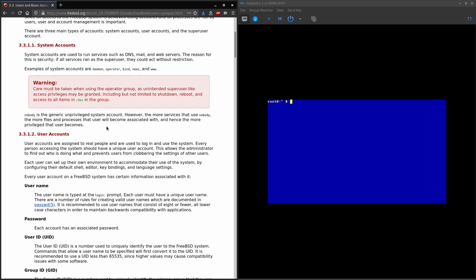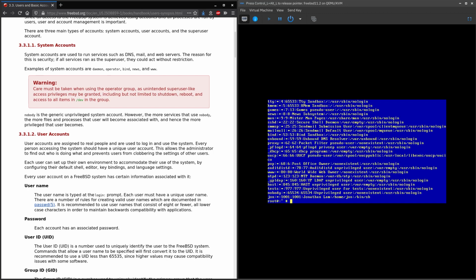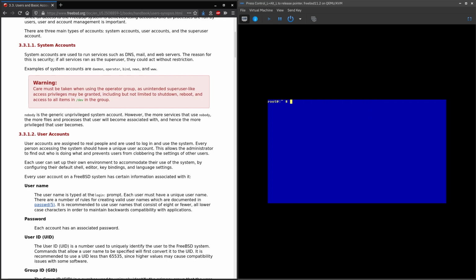So nobody should, I don't think this will work. Okay, but if I do cat /etc/passwd and grab nobody, yeah, so there is, oh, I can't exit out of this. So you see there's this user called nobody, who's an unprivileged user, doesn't have a home directory, doesn't have a shell,